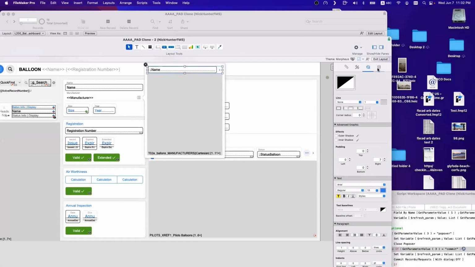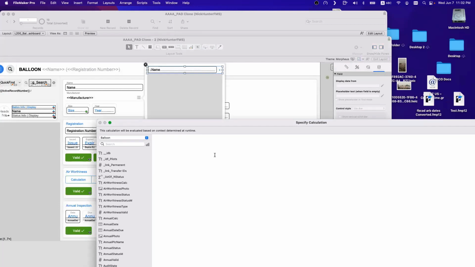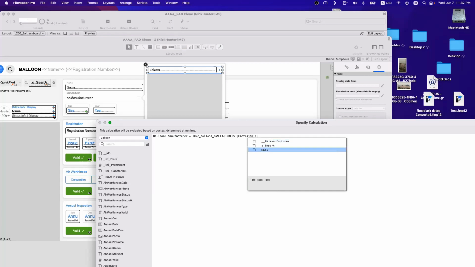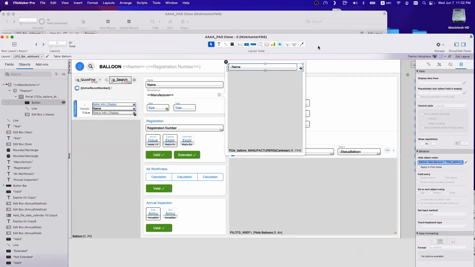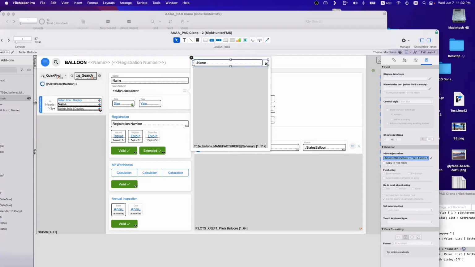This one, the button, you hide it if manufacturers equal the name in TO2E name. So you hide the button, and at the same time, you can say